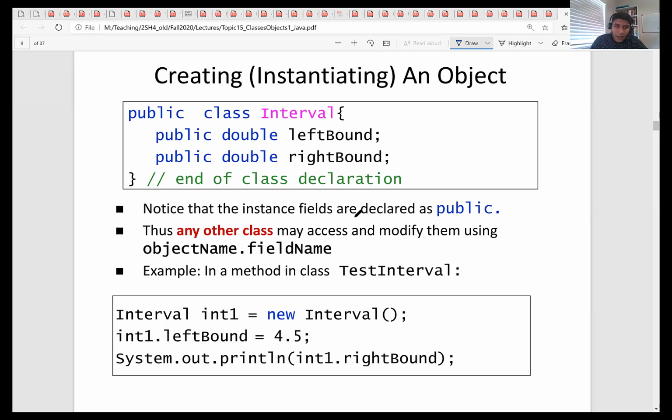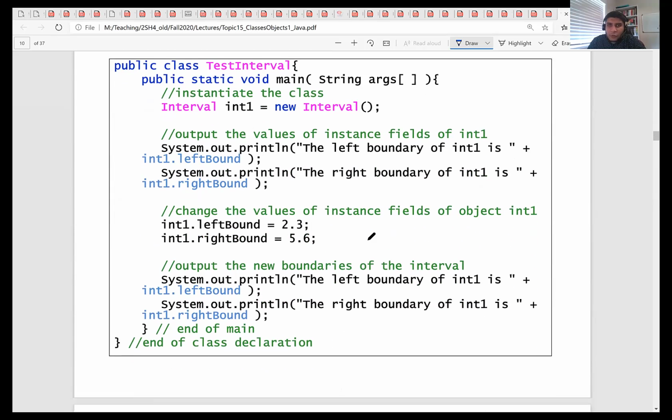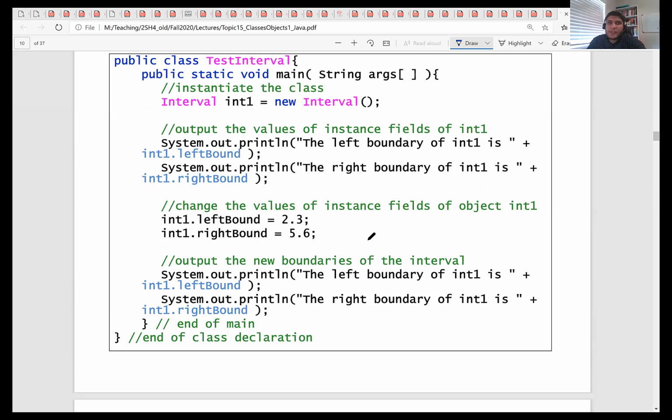So good. We have already discussed this slide by the example. Here, this test interval class is the one that has the main in our code. It's the main.java class. What we do is we try to print the left bound and the right bound, assign their values, and then print them back. So elaborating a little bit more in the code we have,